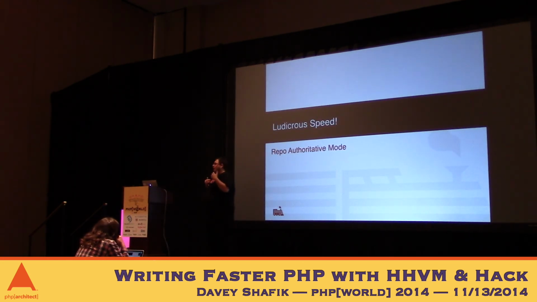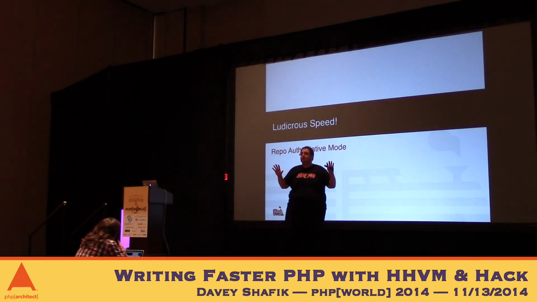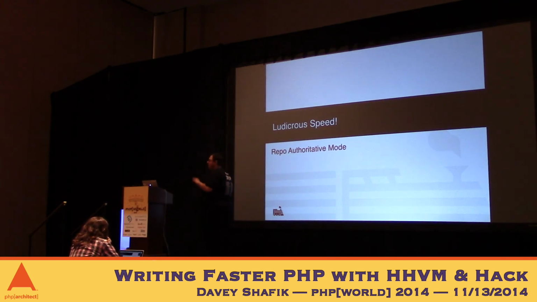There's also something known as Repo Authoritative mode, which is very hard to say, but it's really simple. Basically, if you are pushing into production and you know your code isn't going to change until you tell it to, so you're not doing regular pushes, you're not in development, you can say, hey, this code is now static. It's not going to change for a while. Take a whole bunch of time to look at it, analyze it, and JIT it before we actually need to run it. Okay? And the JIT is just insanely fast. So Repo Authoritative mode says, I'm not going to be making any change to this. Please take your time and let's get it as fast as possible. So definitely take a look at it.